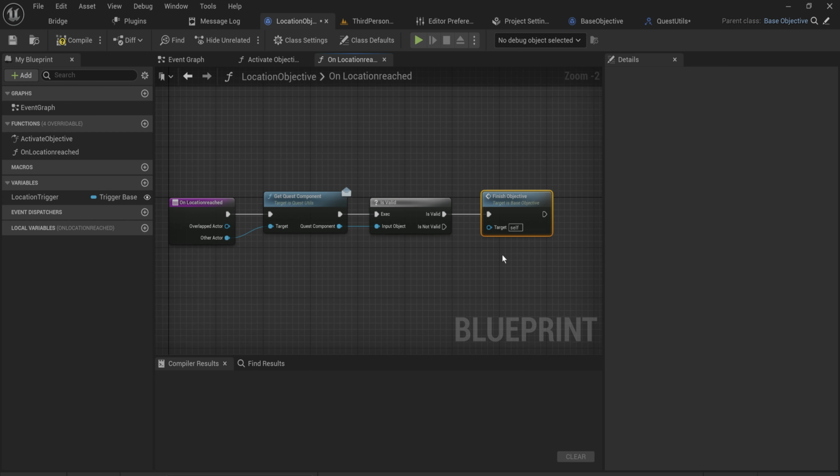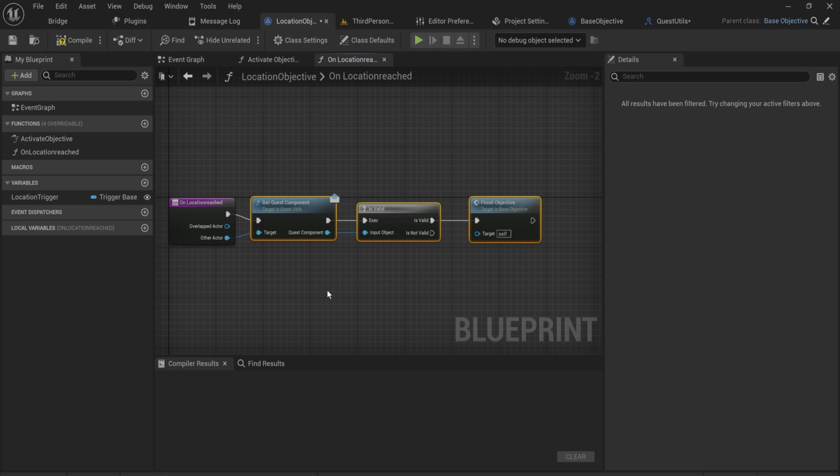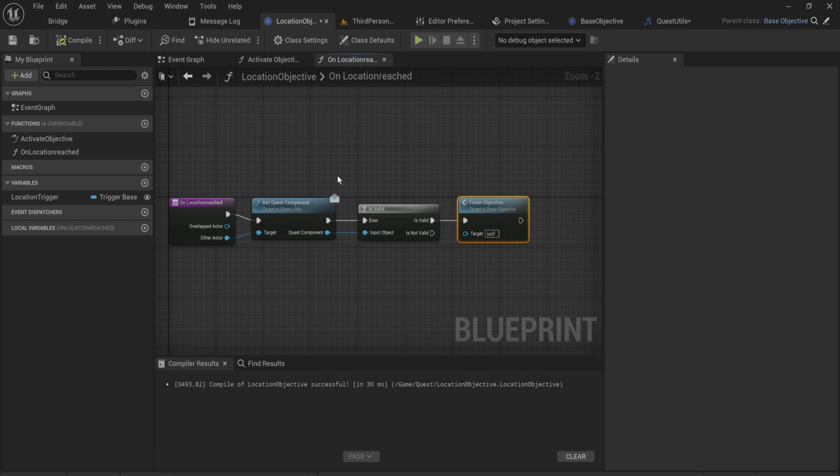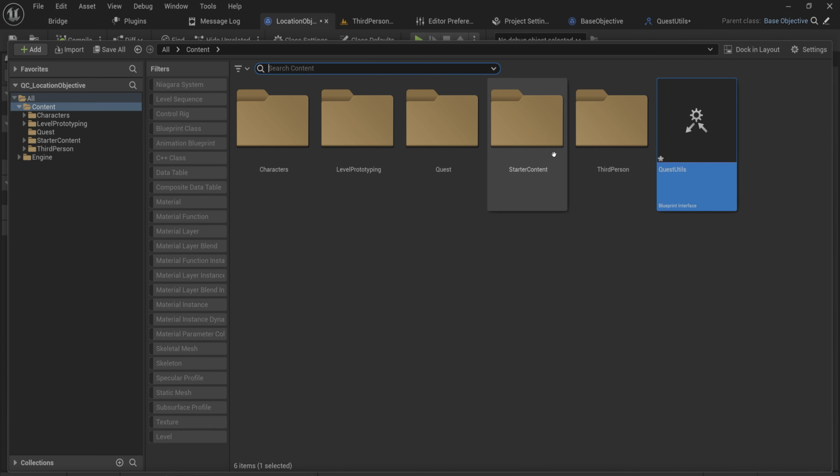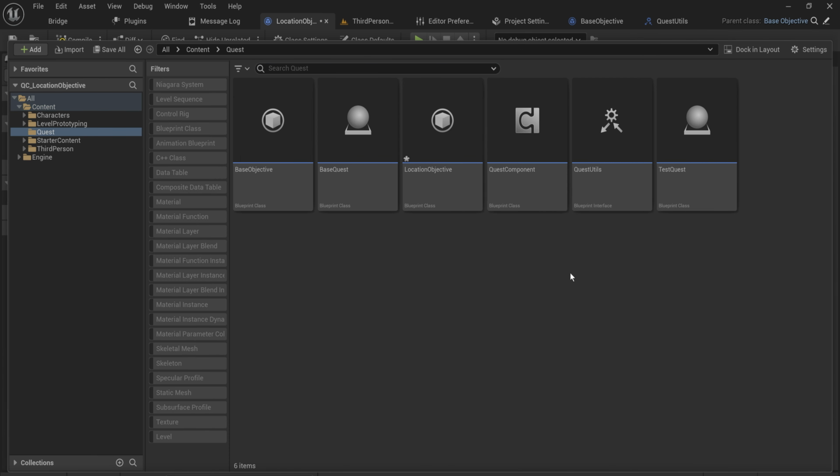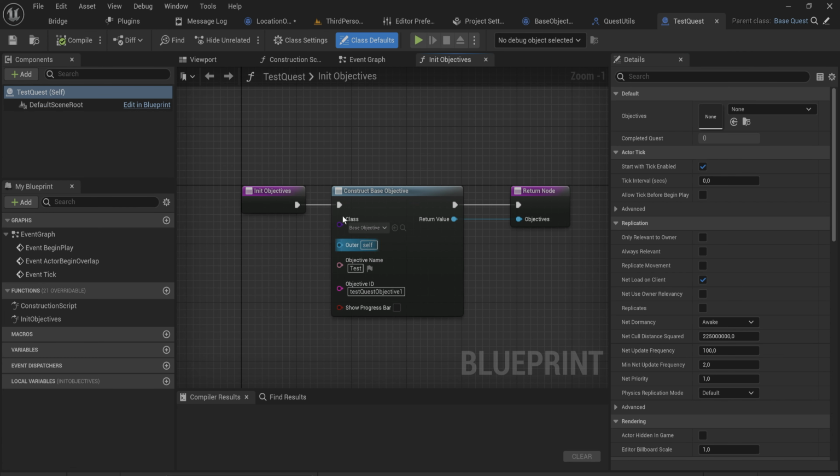That's only really relevant if you have multiple players running around in your world at the same time that could potentially be triggering this. So now we have a location objective. It is as easy and as quick as that. So let's go back into our quests, and let's actually put our interface into that folder as well. If we go into our test quest, the thing that we set up before to show you how this works,